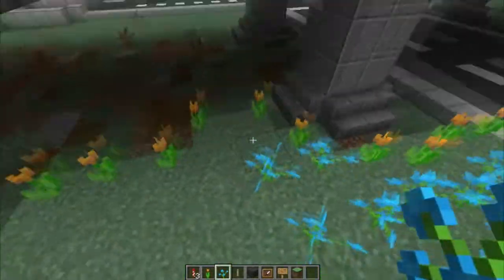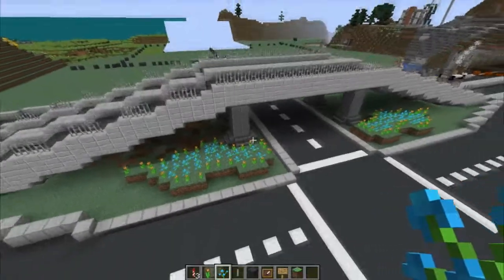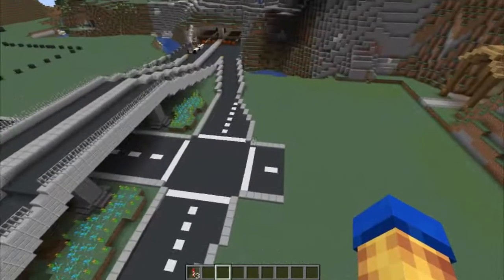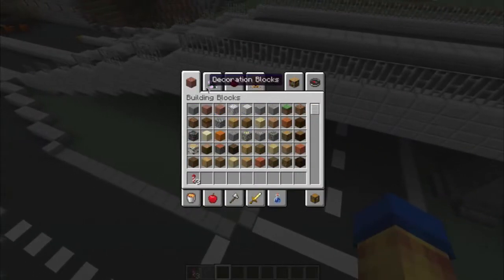So I'm just using some blue orchids and orange because it's nice and bright. And that looks pretty good, I think. Just a nice little flower bed on that side. On this side, maybe we can have something else. Maybe we'll have a little,